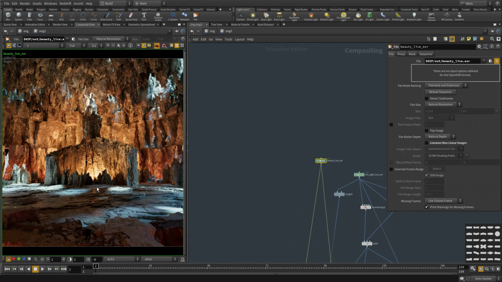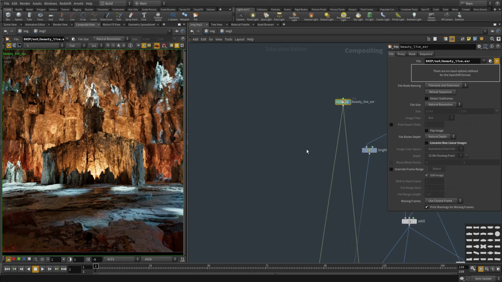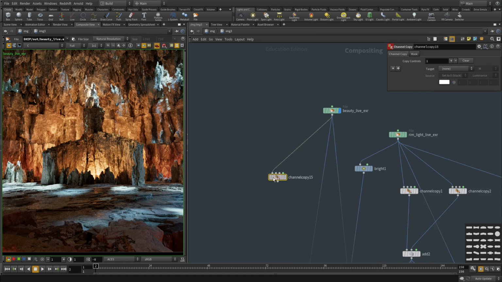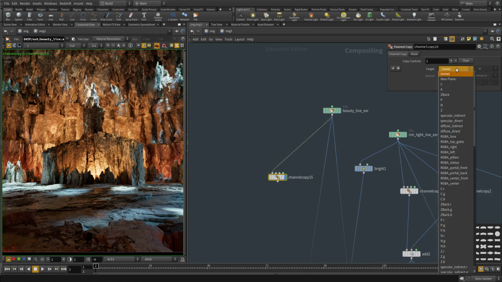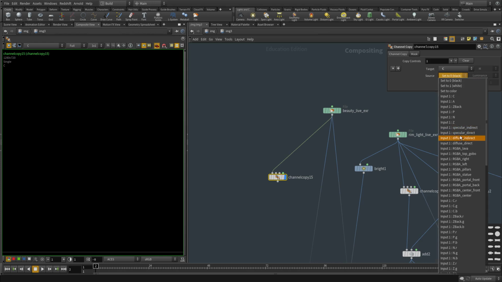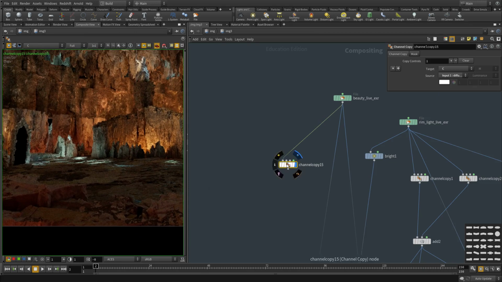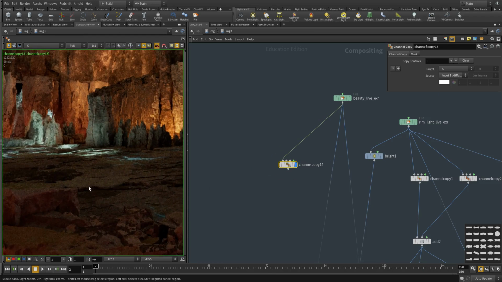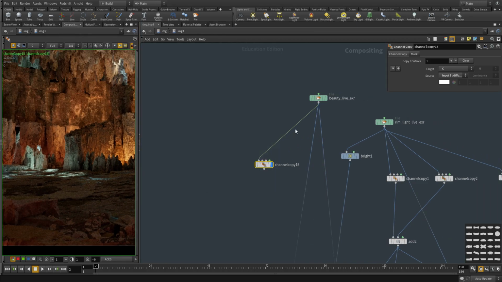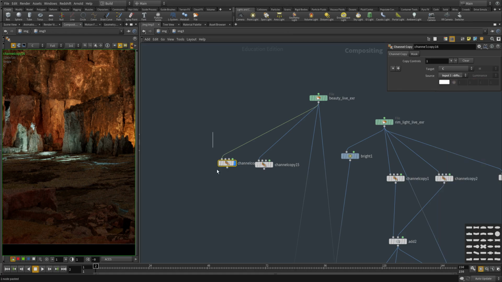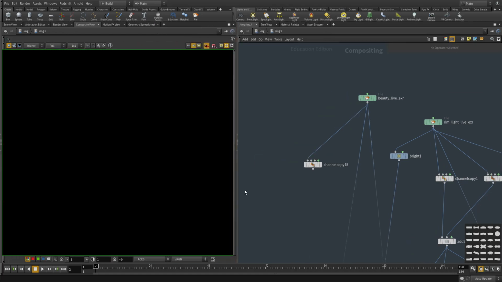So this is our specular here, and I'm gonna do a channel copy, and I'm gonna shuffle the diffuse indirect to its own channel. Okay, it's fine. So this is the diffuse by itself,